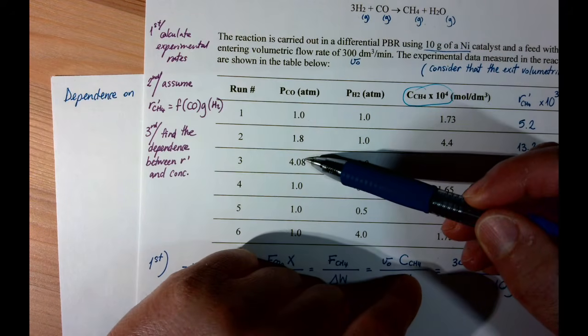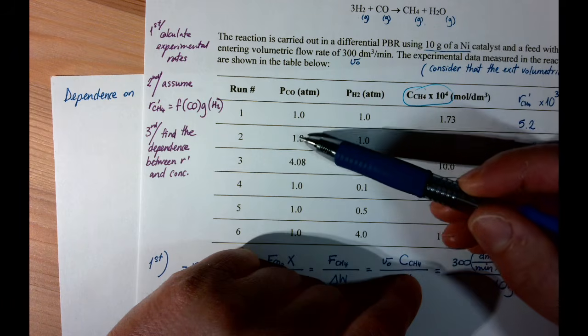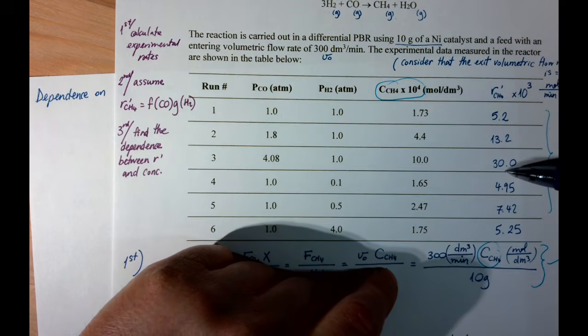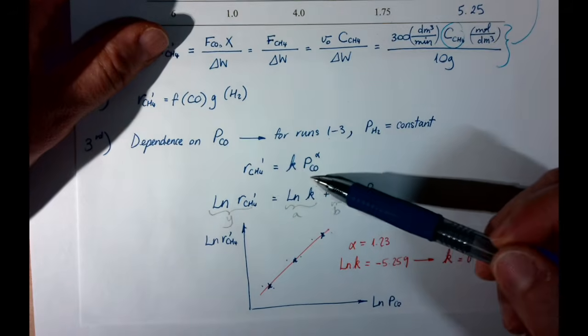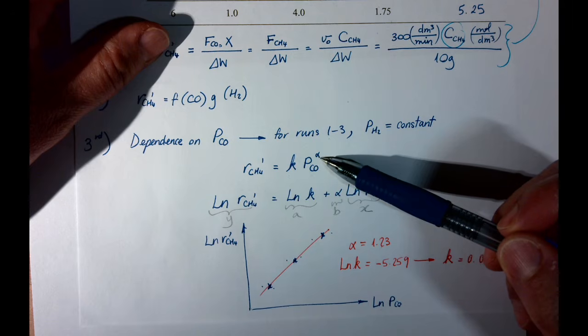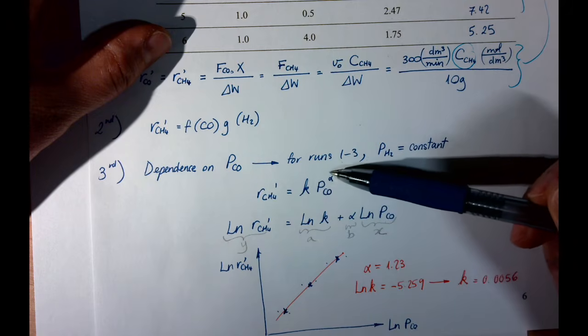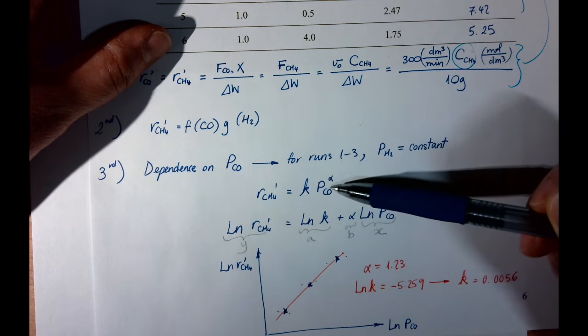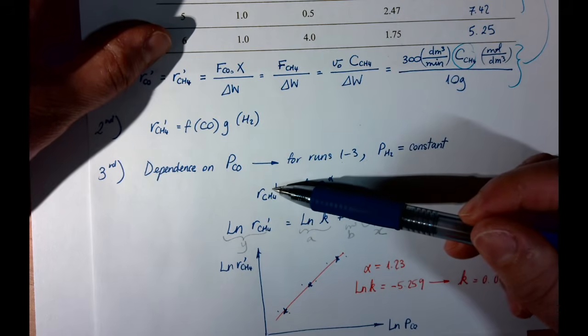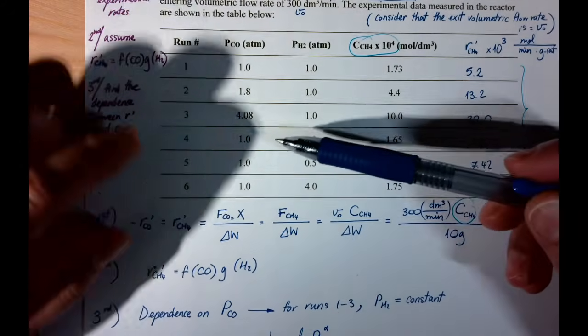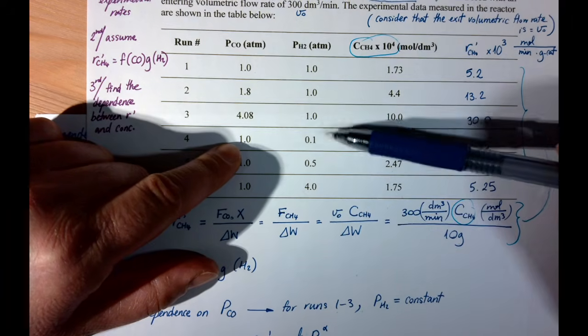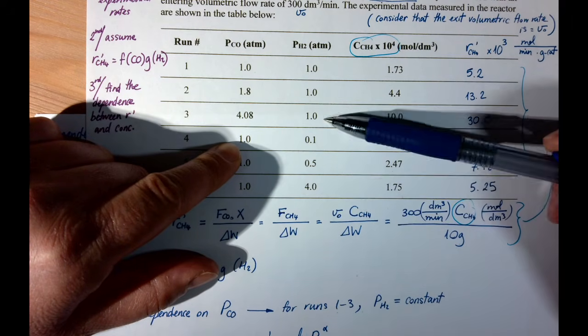Now, what we observed earlier was that when hydrogen was constant and the partial pressure of CO was varying, as the partial pressure increased, the rate also increased, which is why we could write the expression as k times this to the power of alpha. Because through this expression, knowing that alpha is going to be a positive number, if this increases, this will always increase. But now, when we're at a constant PCO and the partial pressure of hydrogen is varying,